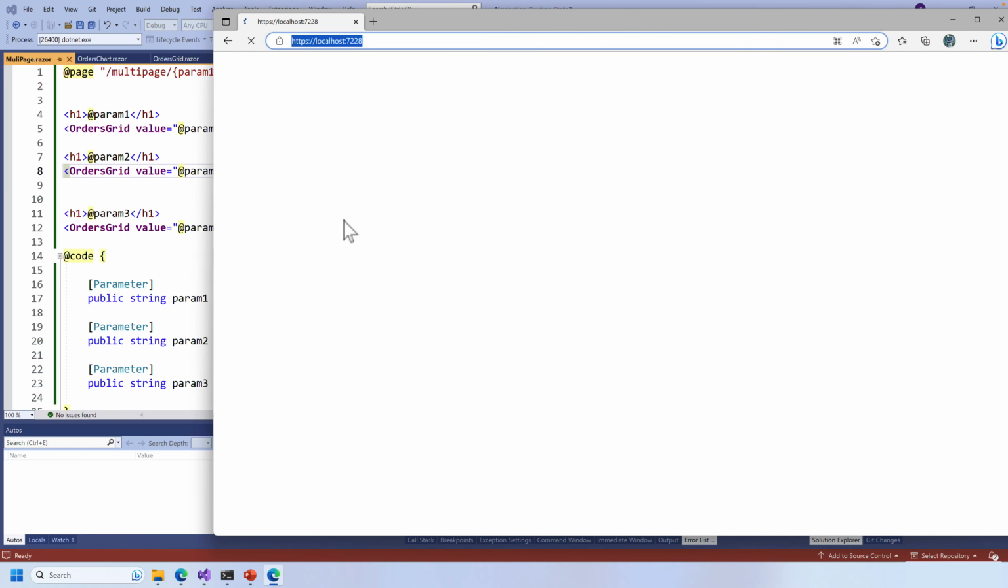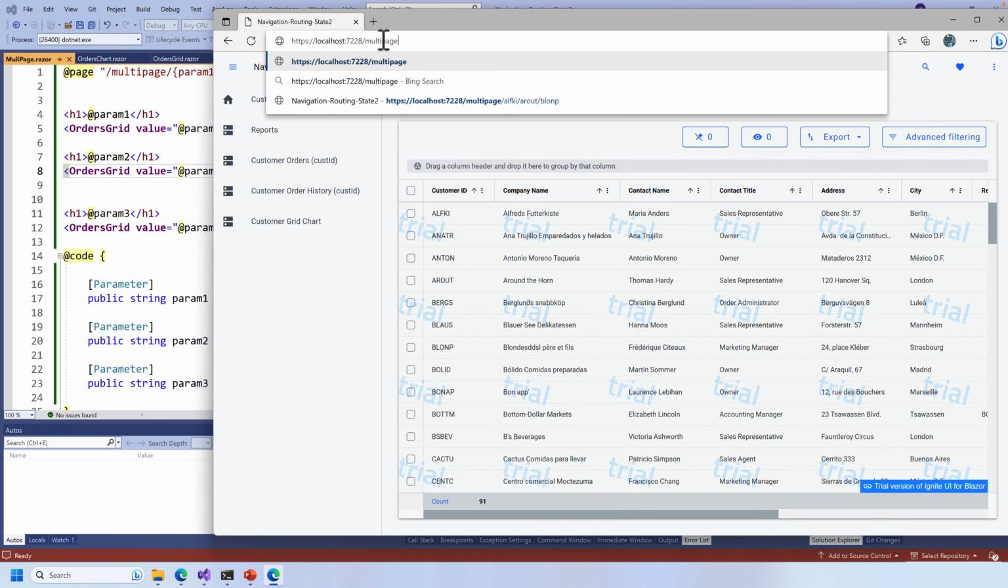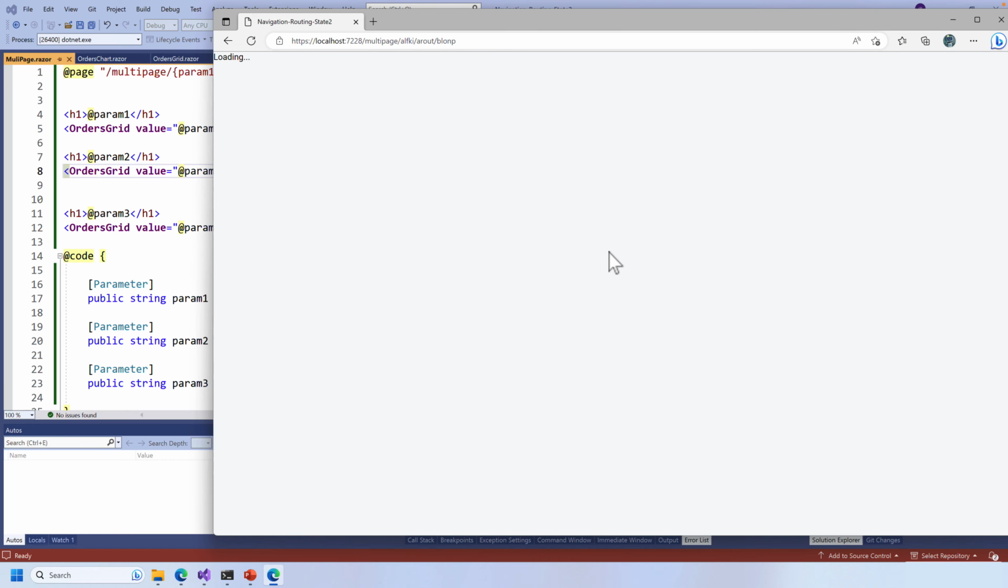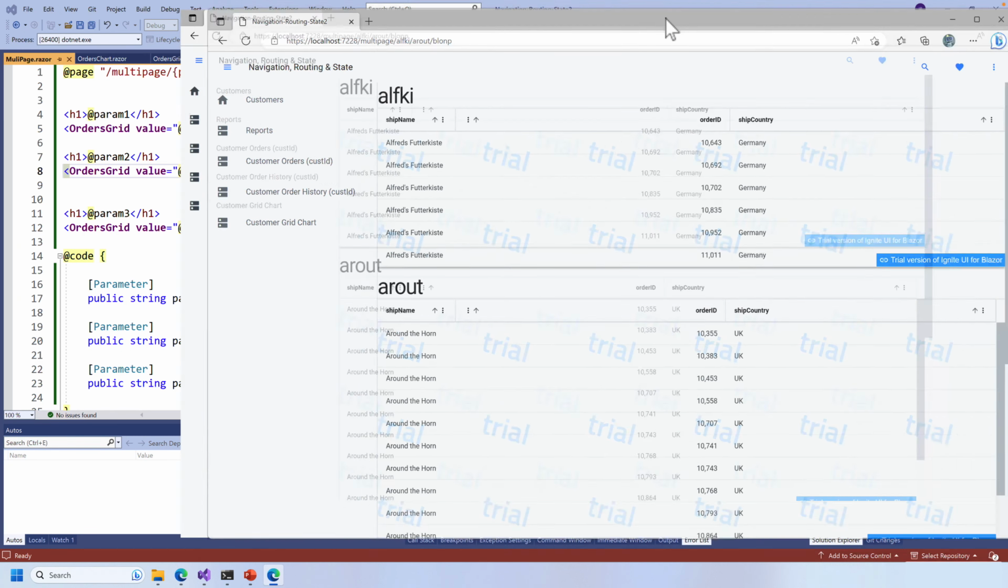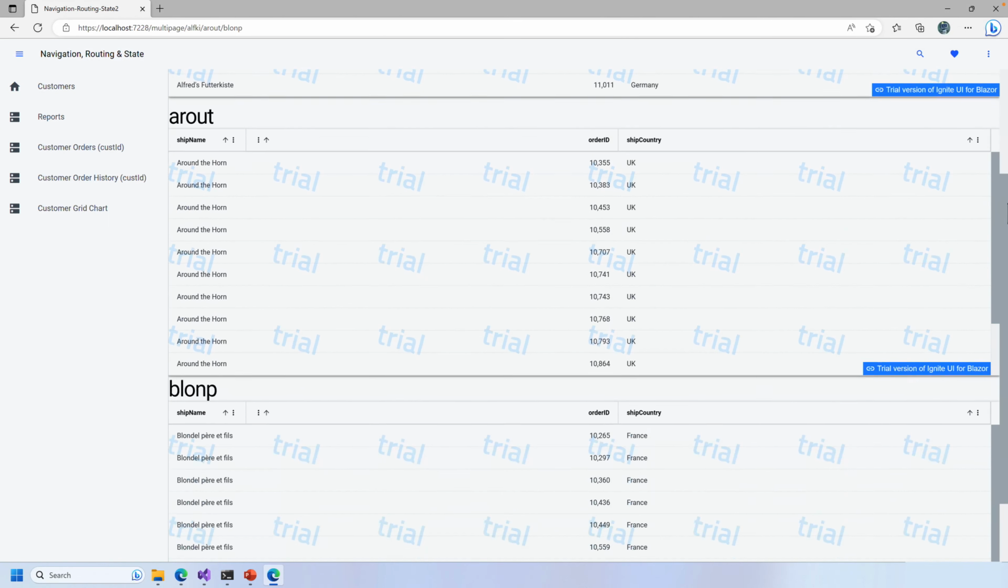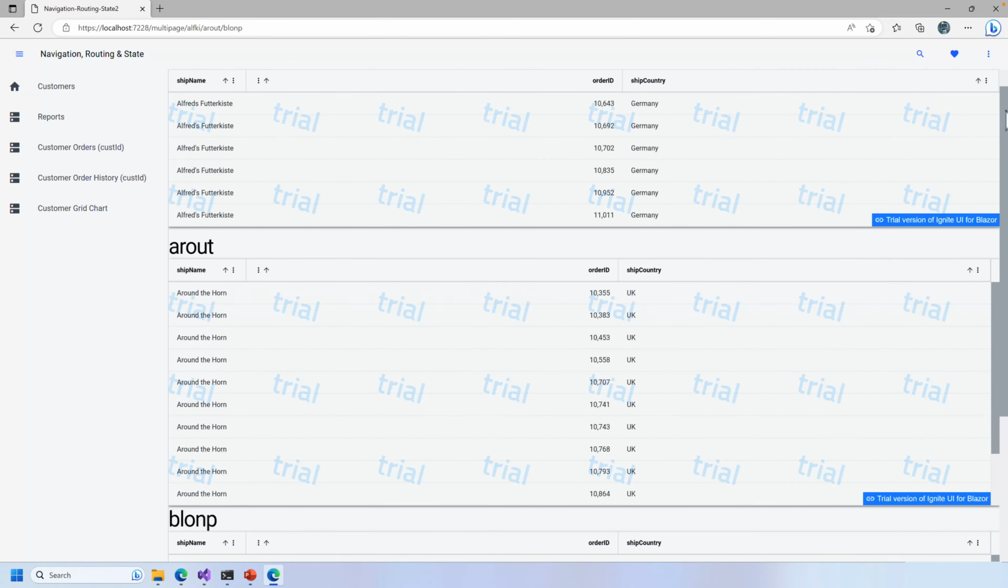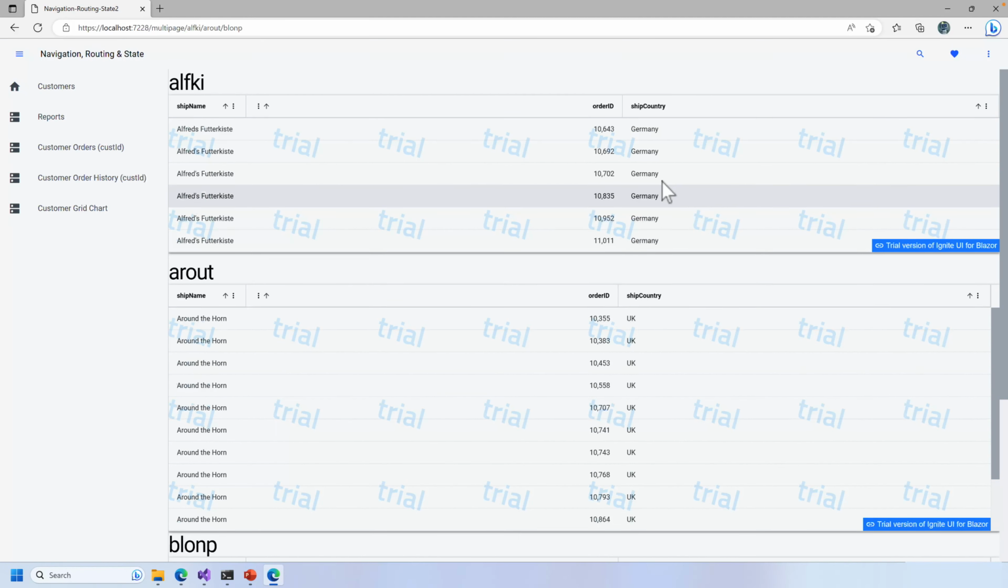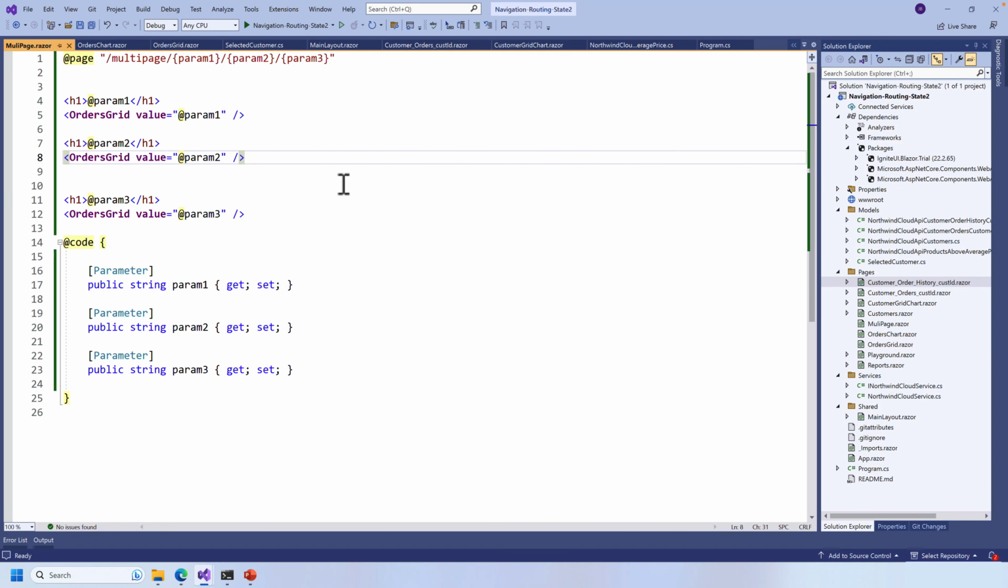And we should have our 3 parameters here. So let's type in /multi-page, and let's run Alfkey or root and BLOMP, and boom, there we go. We've got 3 grids with 3 different customers, and that's how easy it is to pass single parameters, multi-parameters to